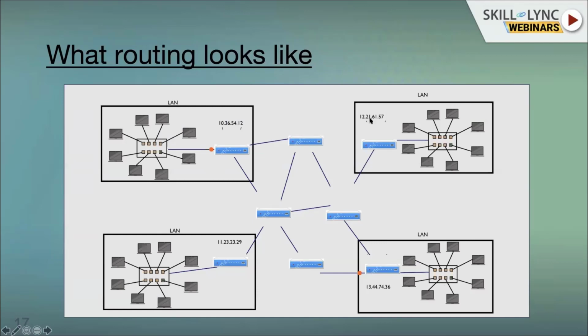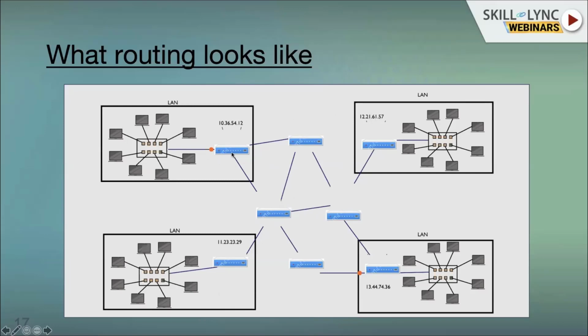So if you see here, the IP address will be 12.21.61.57, that means .57, like 12.21.61.57.20.30, like this network. Each IP network will be different here, and each one has a gateway. If you see, this has one port connected to this network, and another port will be connected to another network. So one router might be disconnected from one network. That is a complete mesh of networks here.